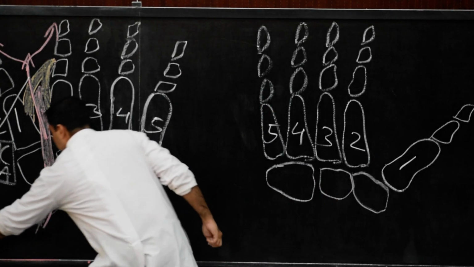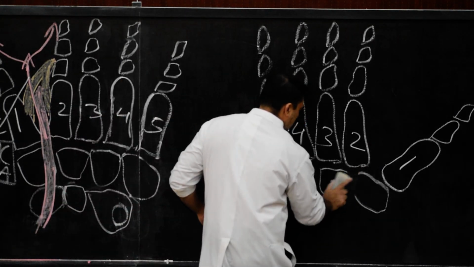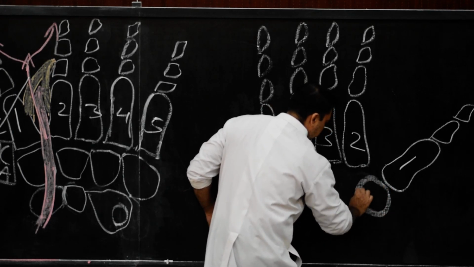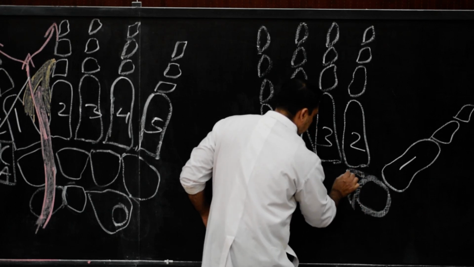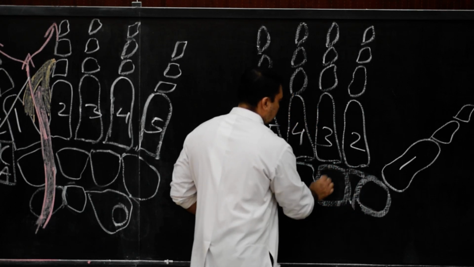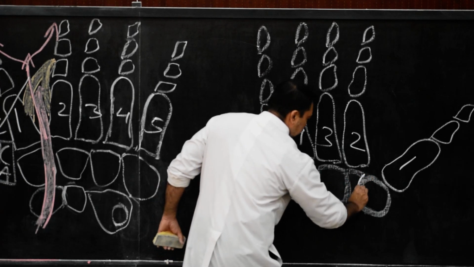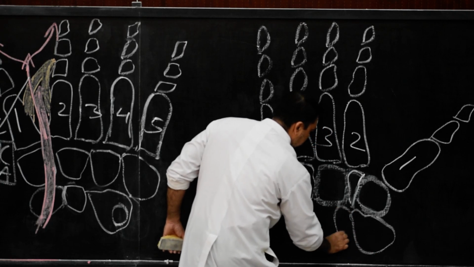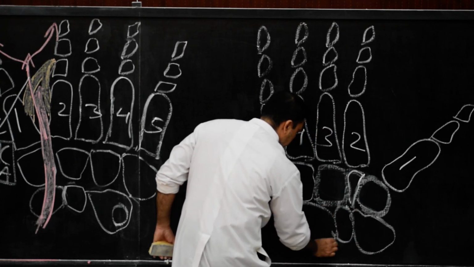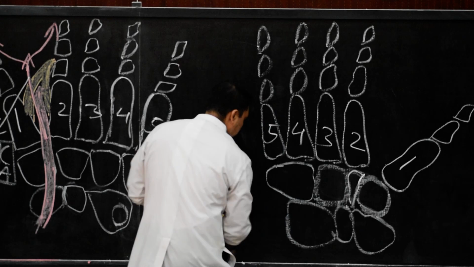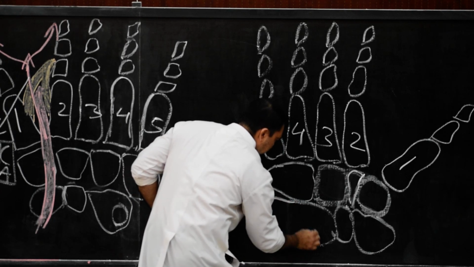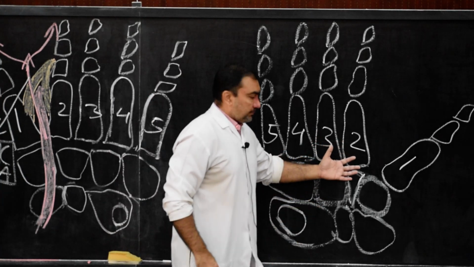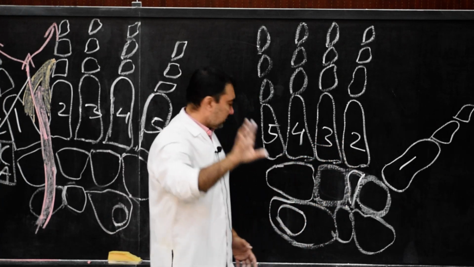Here we are going to once again draw the carpal bones, in which we are going to show trapezium, trapezoid, then capitate, and then hamate over here. Let us complete with the scaphoid, lunate, triquetrum and pisiform also. And here we will just extend it. So these are the carpal bones. This is the palm. Now we are interested in once again the first dorsal interosseous muscle.